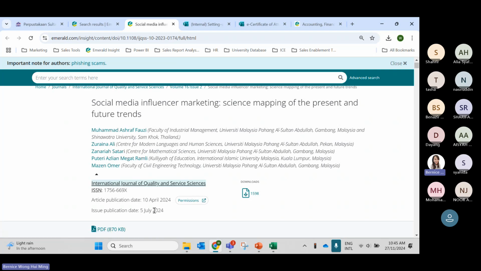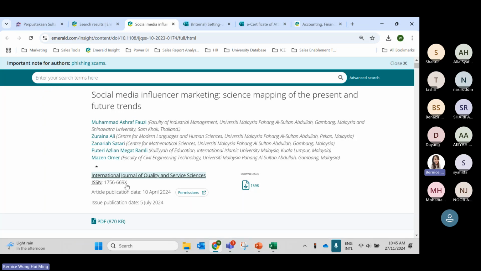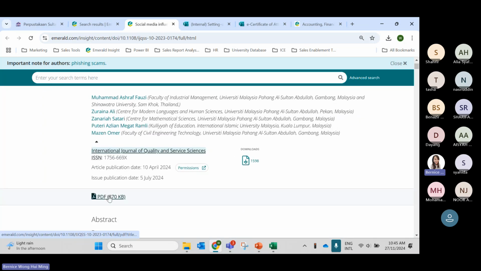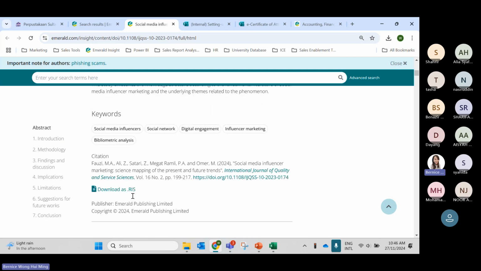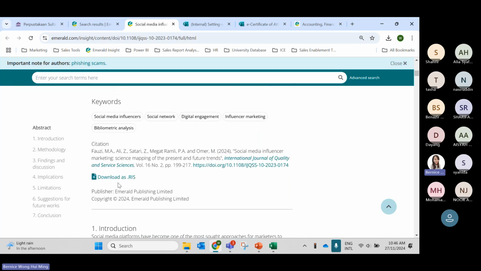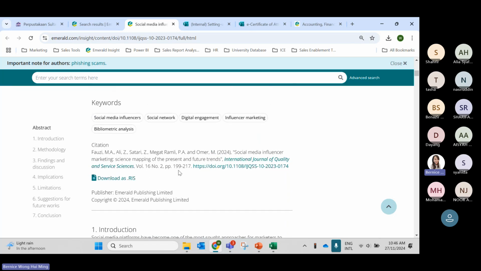Of course, you are not going to publish in this journal straight away, because there are a few steps you need to consider. What is the ranking? What is the scope coverage? What are the requirements of this journal? So maybe I have already read this. I think this is good. I can download this PDF for my reading purposes. And also, if you use this article for citation, you can just get the citation link here.